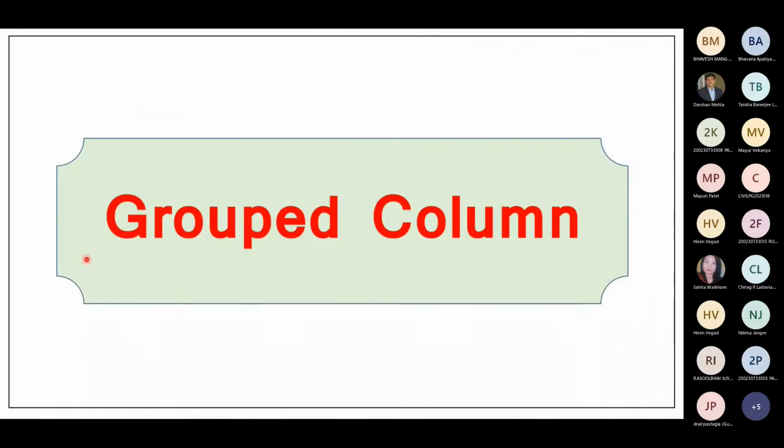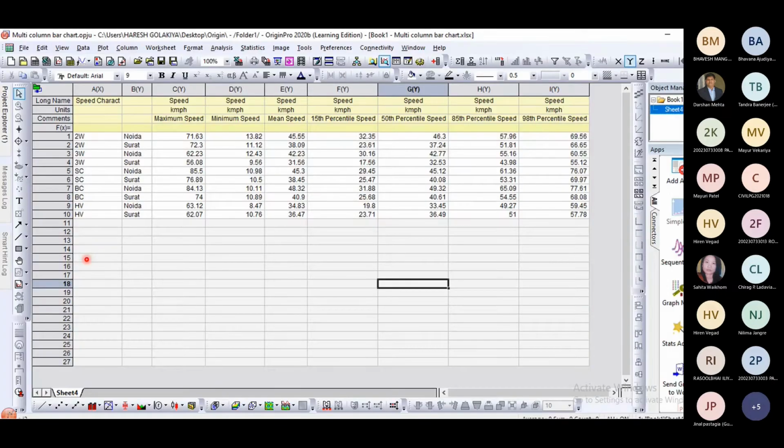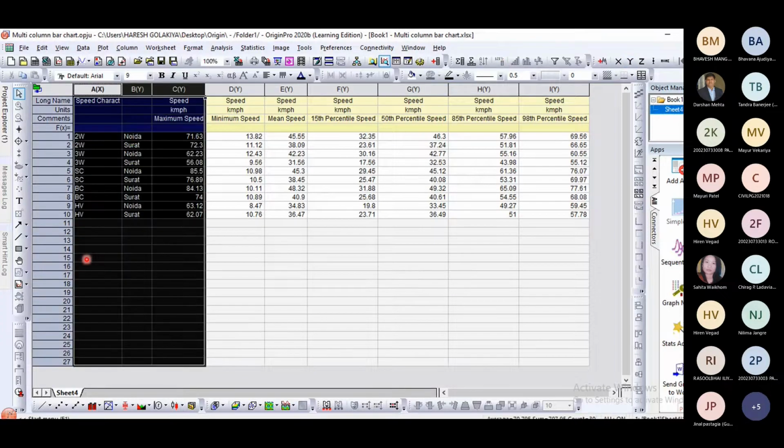Now let us plot the group column. For the group column, this data is selected: for 2 locations, data of all 5 categories of vehicle, with maximum speed, minimum speed, mean speed, and percentile speed data available. So we started with the first 3 columns.